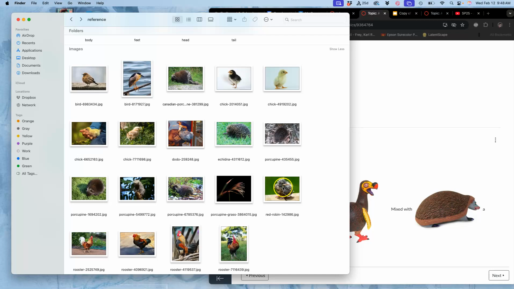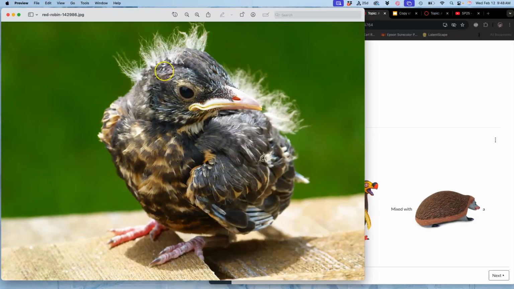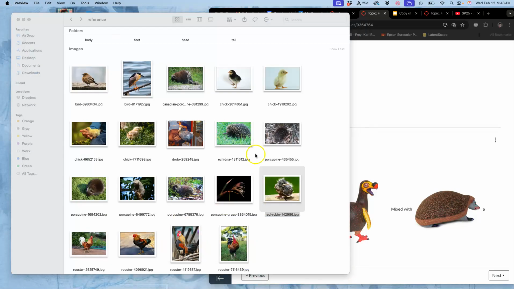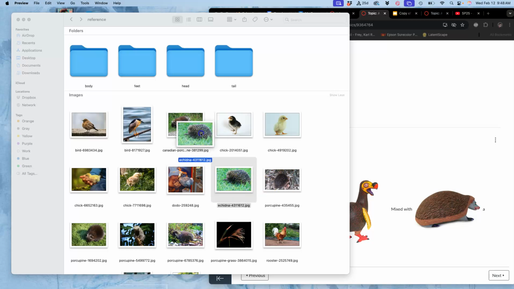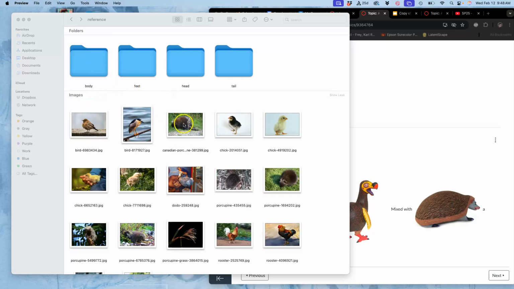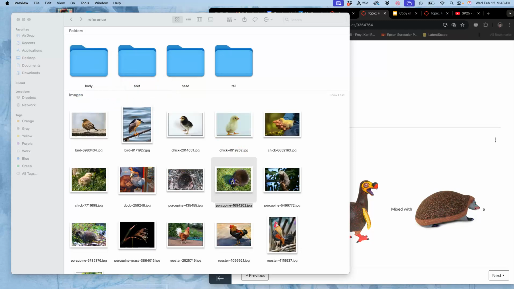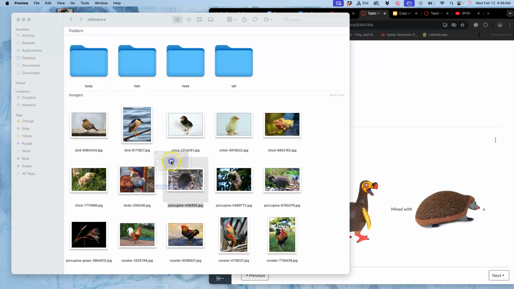I liked the really, really funky textures of this chick, right? And I thought that might, because I don't want it to look too clean and cute, so I thought that might be nice for the head. So those are my head references. Now, what does the head connect to? The head connects to a body, and I want to really use the porcupine for that. So I got these different porcupine references. There are different species of porcupine, and there are different ages of porcupine. So all of these give me different textures, but they're all at a similar